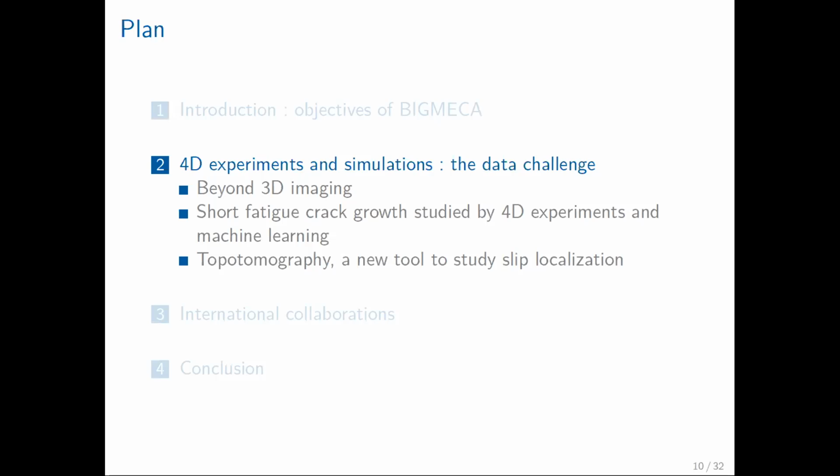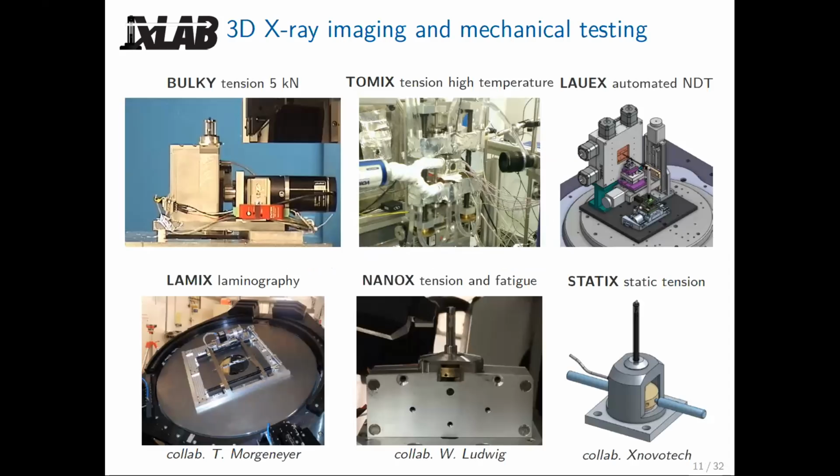Right, so now I've explained a little bit what the idea behind BIGMECA was. We'll now first introduce this 4D experiments and simulation. And I want to remind you, or tell you, that at Centre des Matériaux, we have built quite an expertise on building